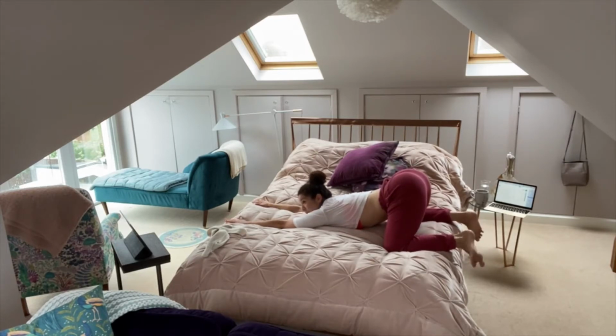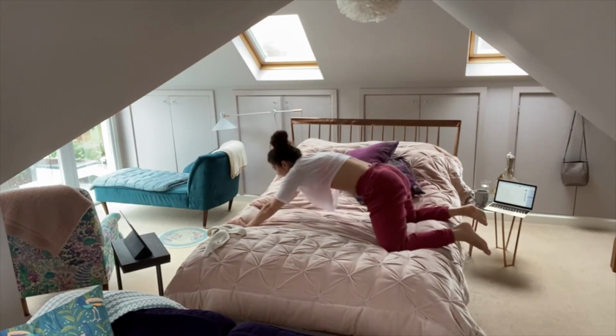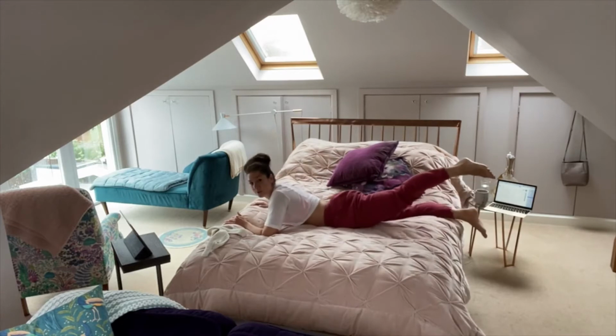I'm just going to circle my feet because I can. I'm hanging off the side. Just giving a little bit of mobility there. And then just bringing yourself forwards to lie down on your belly,